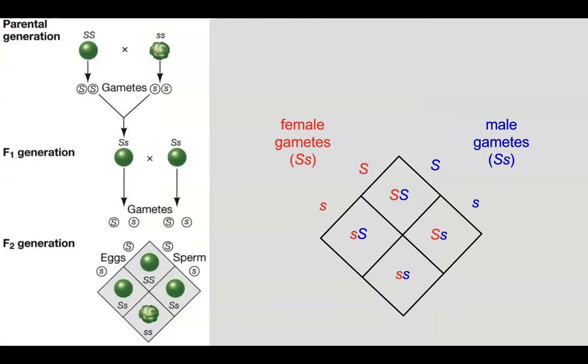So this is just showing the cross. There are two alleles for pea texture, uppercase S for round, lowercase s for wrinkled. The F1 generation are heterozygous for both parents. After combining two heterozygous parents together, you have your 1 to 2 to 1 ratio. The Punnett square is the main way people use to predict and display allele combinations.